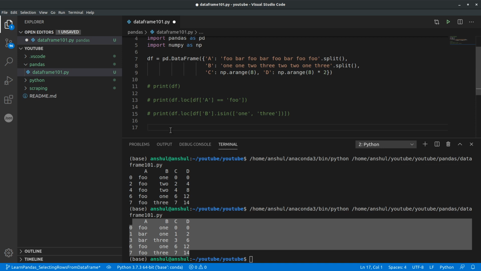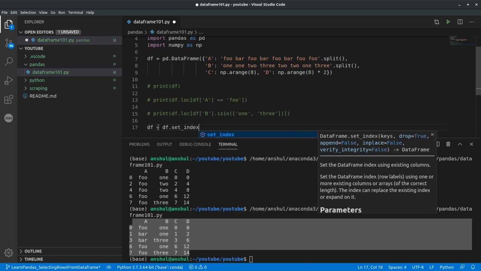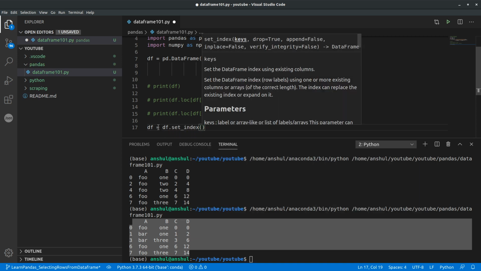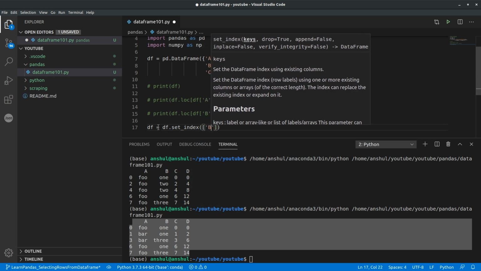So what we can do is convert that column to an index in the data set. Let's say we want to search values prominently and frequently on column B, so we can convert that to an index. How to do that? This is df dot set_index, and we'll say column B.